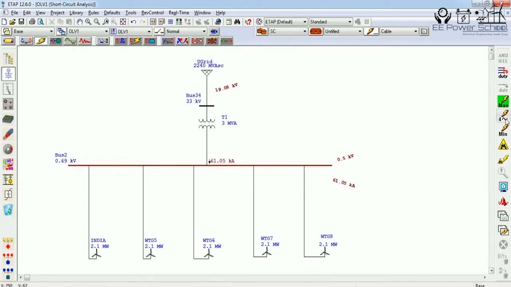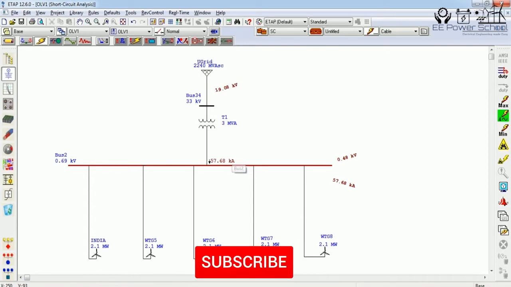Now if I do the same analysis for 1.5 to 4 cycle, we can observe that the 61.05 kiloampere has dropped down to 57.68. Now we have considered more cycles. As you go on increasing the number of cycles, the short circuit current value at the faulted bus is going to go on decreasing.